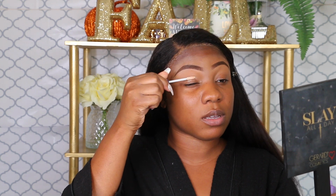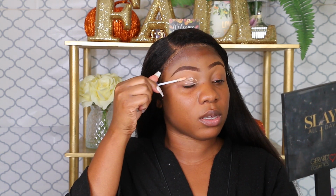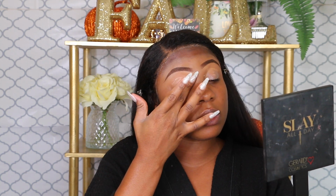I also got this in a PR package from Urban Decay. This is their primer potion. I have not used this in quite a long time. I'm going to quickly prep my eyes. I don't even remember how this used to perform. Like, did we used to use just the primer portion and then go right into the eyeshadow, or did we use the primer and then add a base? Because